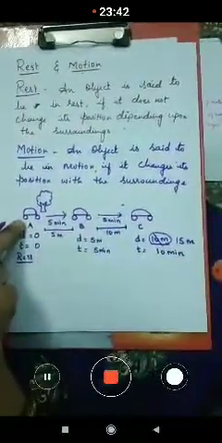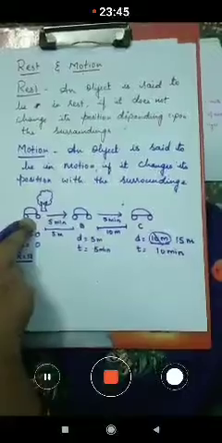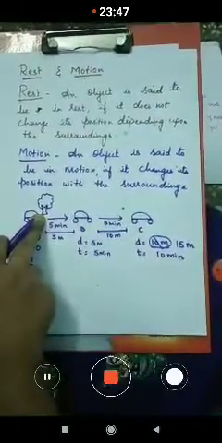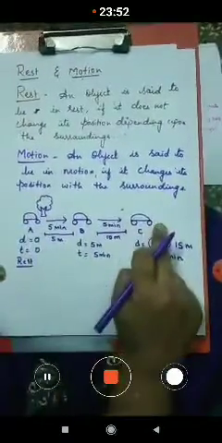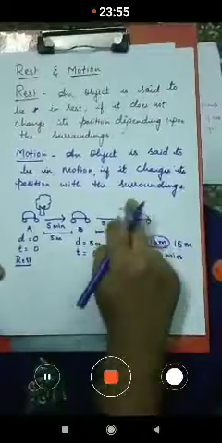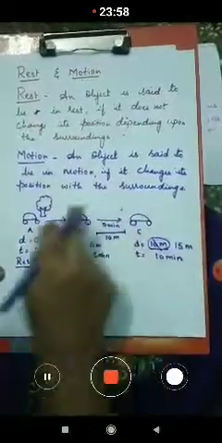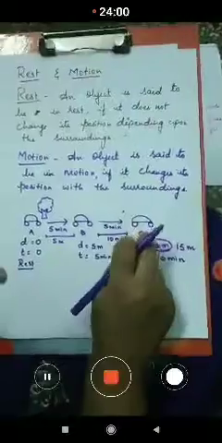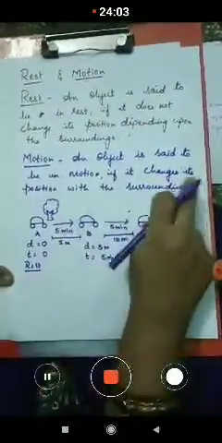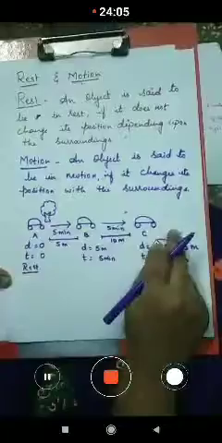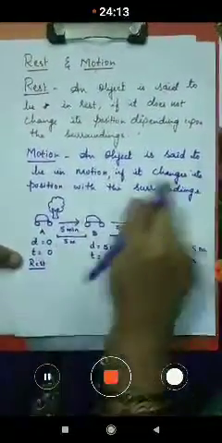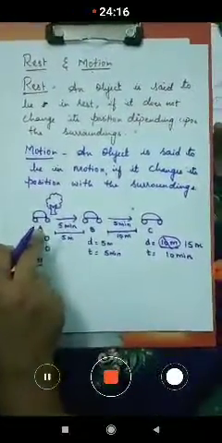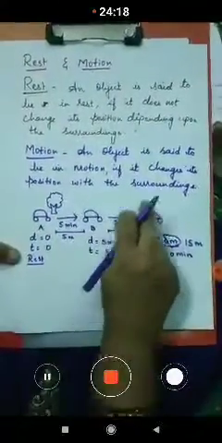Now the car was near the tree. Okay, this is its surroundings. As the car has moved a certain distance, it has changed its position. Now the surrounding here, we cannot observe the same tree here. So this is the surroundings with which it changes its position. I think everyone has understood the meaning of motion. An object is said to be in motion if it changes its position. It has changed its position from A to C with the surroundings.